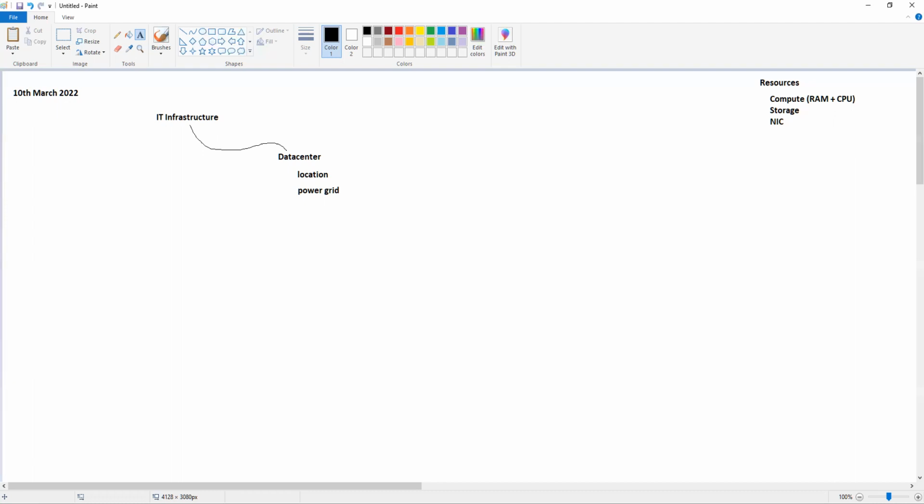So there are DR strategies going on. DR is just disaster recovery. When disaster happens, when any sort of failure happens, how do we make sure that we keep our business up and running? Business continuity plan, BCP, is generally, so you have a DR strategy for your BCP, which is business continuity plan. So whenever these sort of calamities, the disasters take place, how do we make sure that our business continues to function or continues to run?